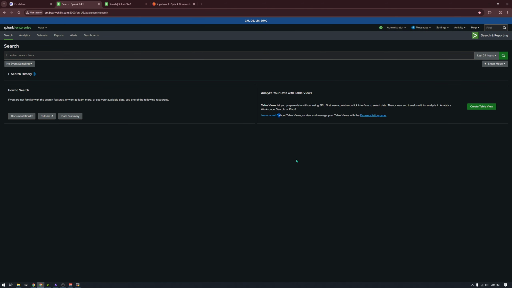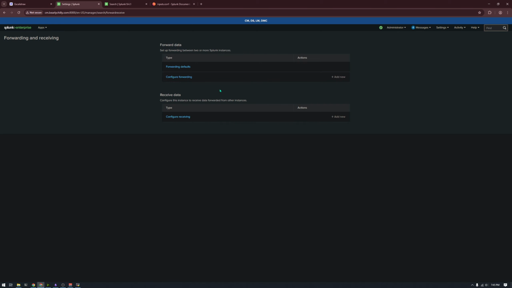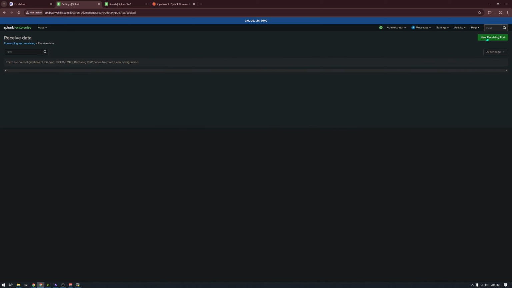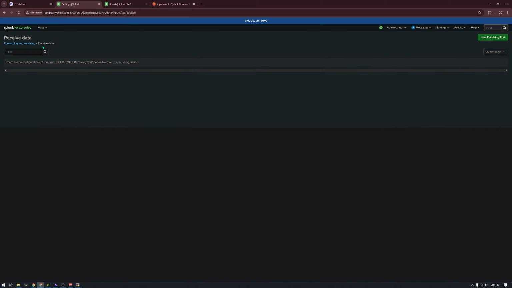So to start with, this is what it would look like if you just had an all-in-one instance or just a single indexer. You'd go to settings, you have forwarding and receiving right here. Go to configure receiving. You're going to create a receiving port, and by default, you want to use 9997. That's just what Splunk likes. And you're just going to save, and you may need to do a restart, and that's it. After you're done with the restart, if you come back to receiving data, you should see that 9997 is enabled and it's ready to receive